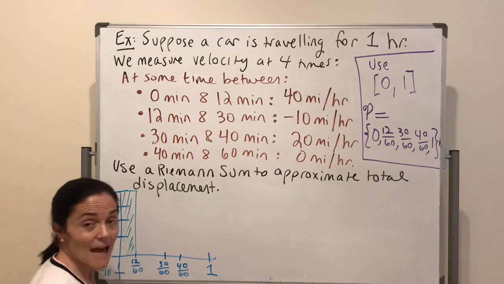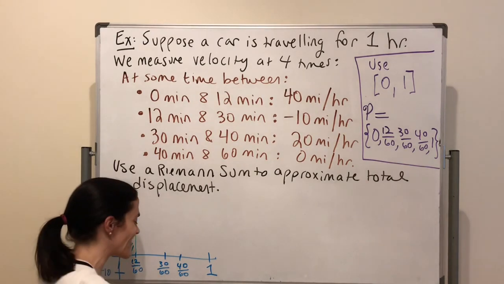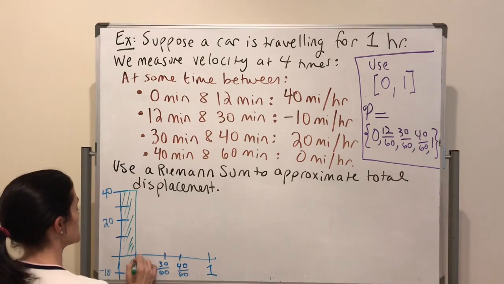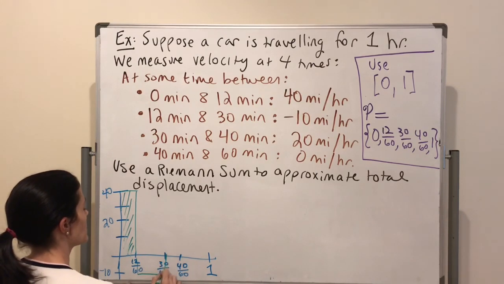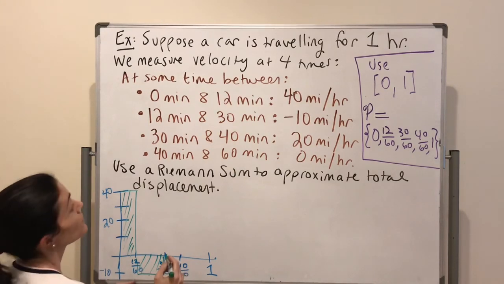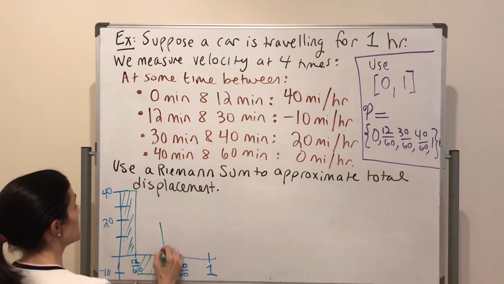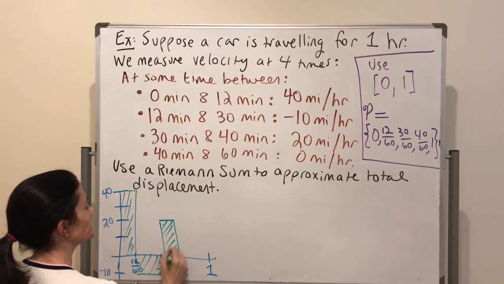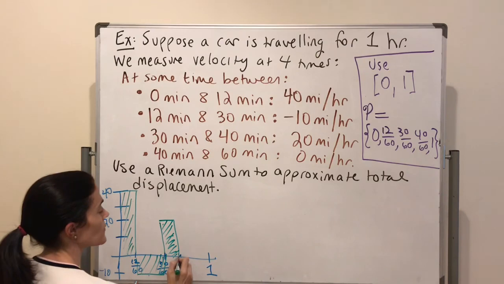This is the height that we use for the rectangle. And then the second one is negative 10, so it's down here. And the third subinterval is 20 is the height. And the last subinterval, the height is